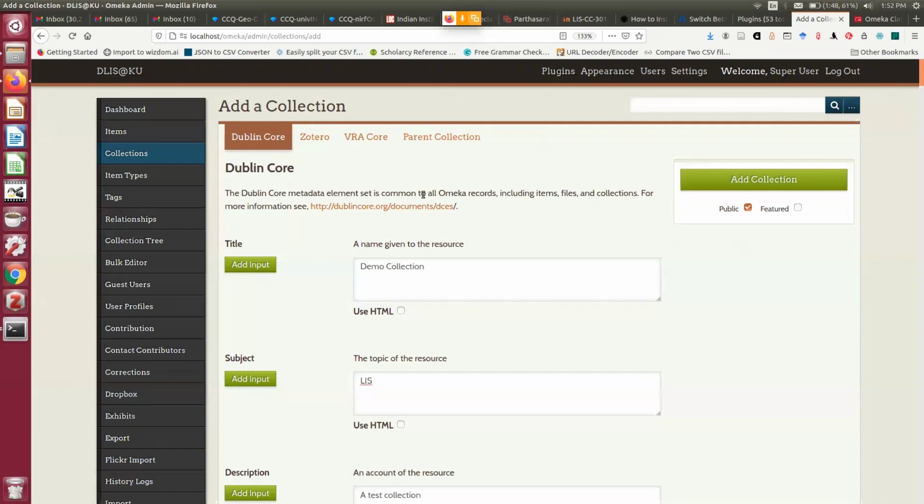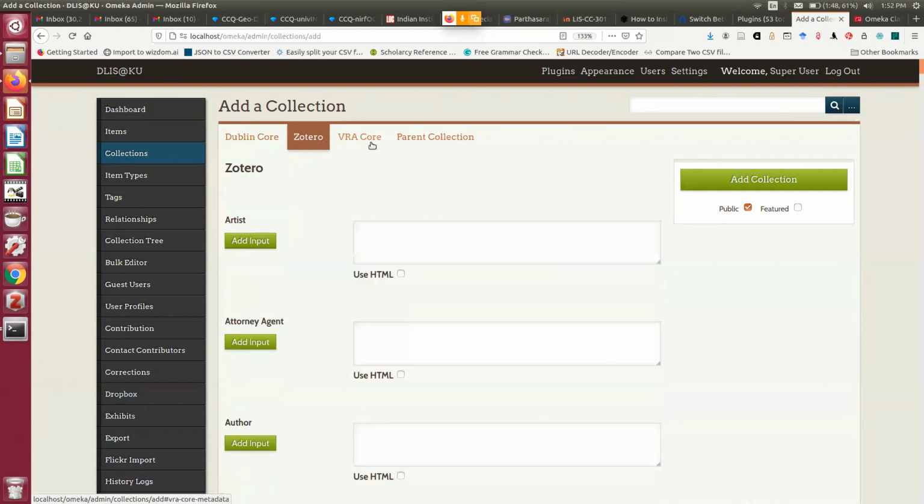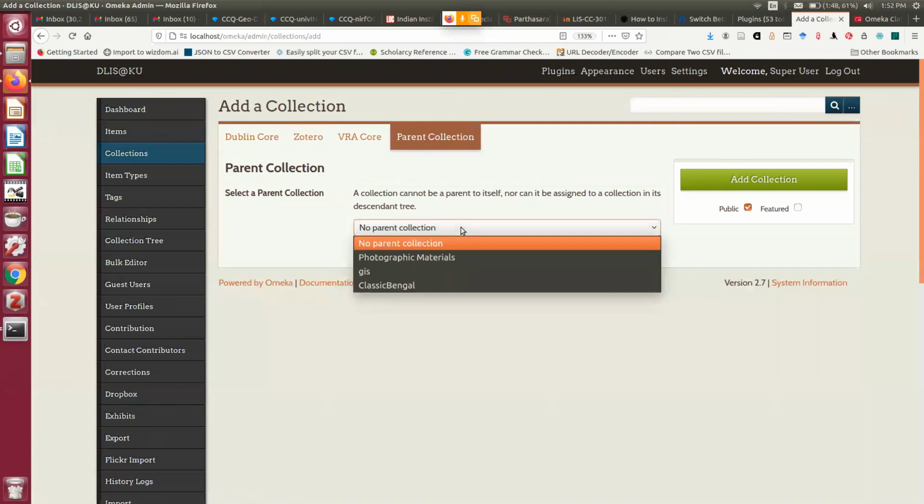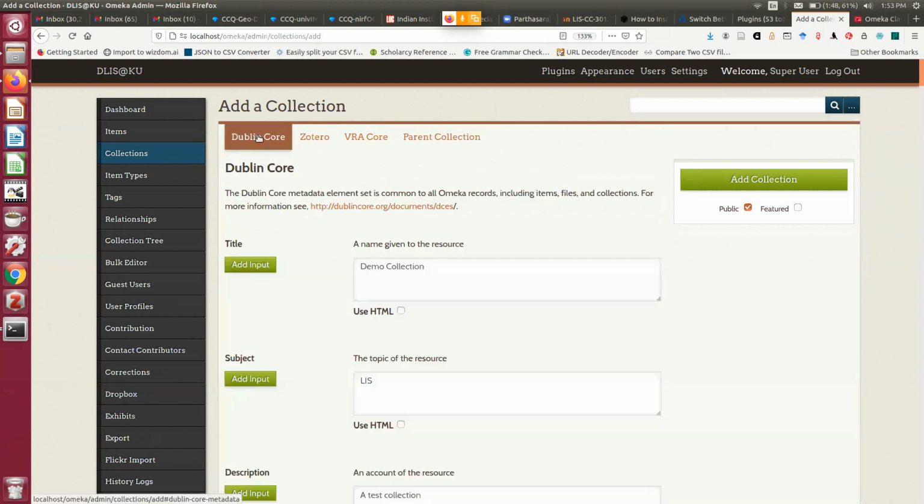And here you can see this is the uplink code, this is VRA code, all the metadata plugins I have installed, like the VRA code plugin, Zotero plugin, and parent collection. If it is a sub collection, then there is a parent collection. These are all top level collections, but you can create in the DSpace way also, community, sub community, and so on. So suppose this is a top level collection, so add collection.